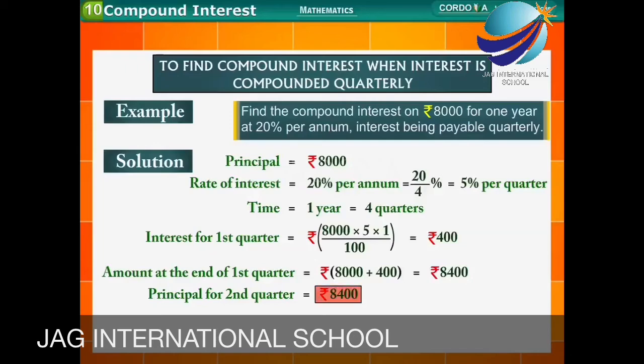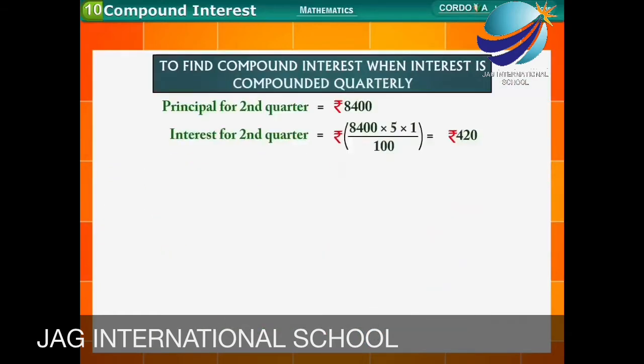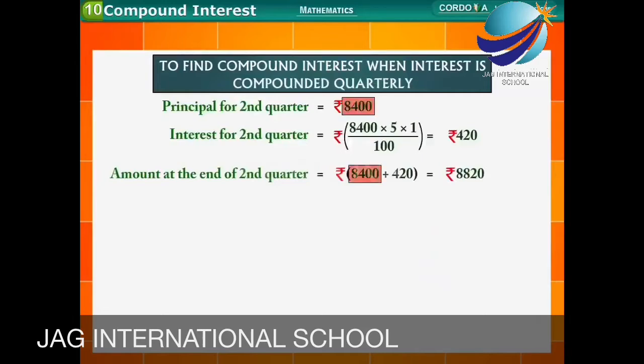8,400. Interest for second quarter is equal to rupees 8,400 multiplied by 5 multiplied by 1 divided by 100 is equal to rupees 420. Amount at the end of second quarter is equal to rupees 8,400 plus 420 is equal to rupees 8,820. Principal for third quarter is equal to rupees